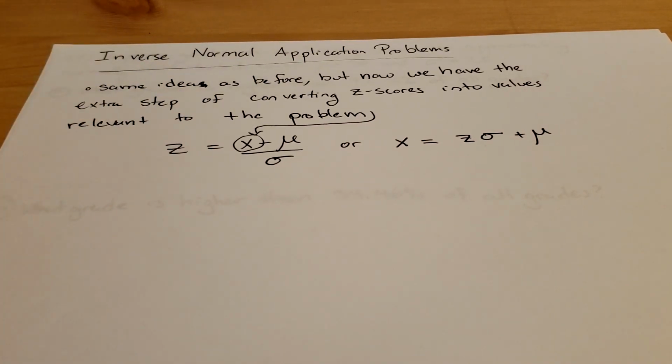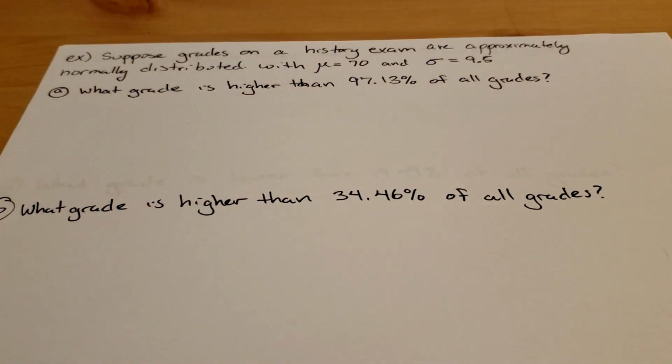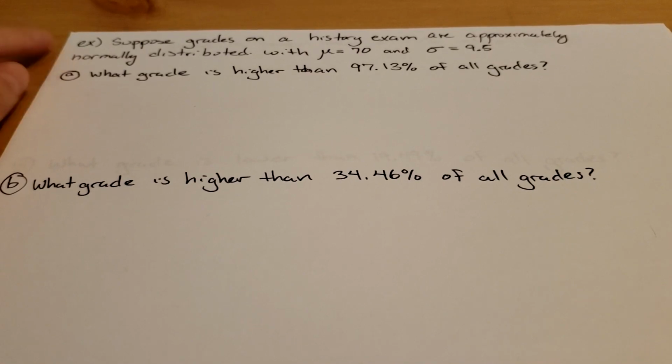On the calculator, it's pretty much the same as how you would do it before. You just need to know your mean and standard deviation, the value the problem's asking for, and the area to the left of that value. Okay, so first, let's suppose grades on a history exam are approximately normally distributed with a mean of 70 and standard deviation of 9.5. First, they're asking us what grade is higher than